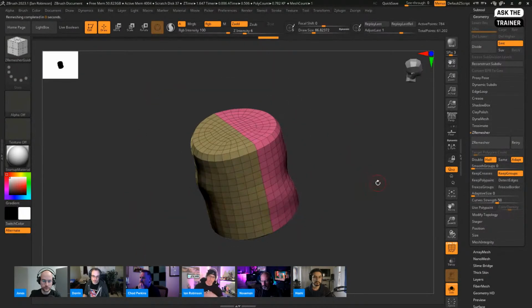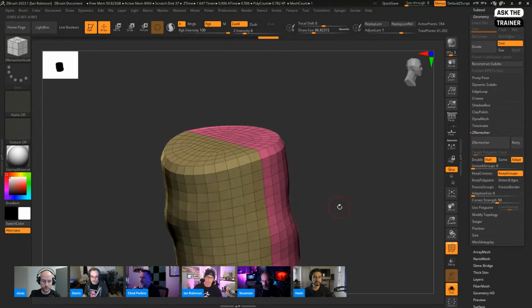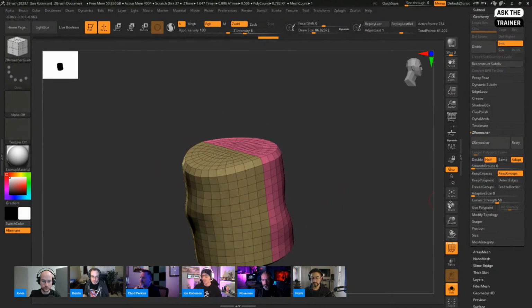And I can now send this relatively clean mesh on over to Cinema 4D and then start using it for animation and stuff like that, so really start blowing stuff up. So there are some really cool workflows, and I only did a couple settings. That's it. So a really cool little trick. And then, of course, too, you can add your subdivisions. And then if you